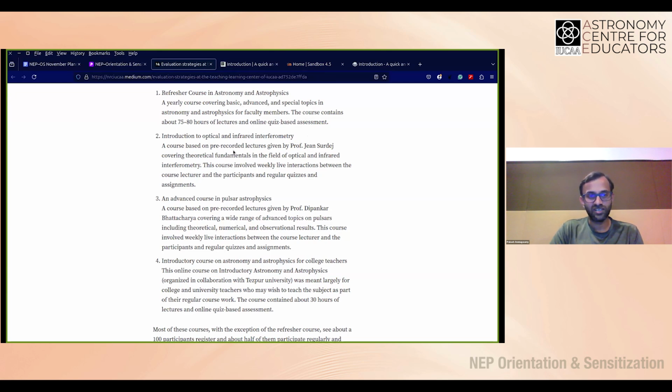But we do like to conduct courses that are much more focused on various topics. For instance, we had a couple of such focused programs during the first 2 years of our existence, where one was especially a technique-oriented course, but also talking about the fundamental physics principles on which those techniques are based, called the Introduction to Optical and Infrared Interferometry, an introductory course that was open to mostly faculty members,